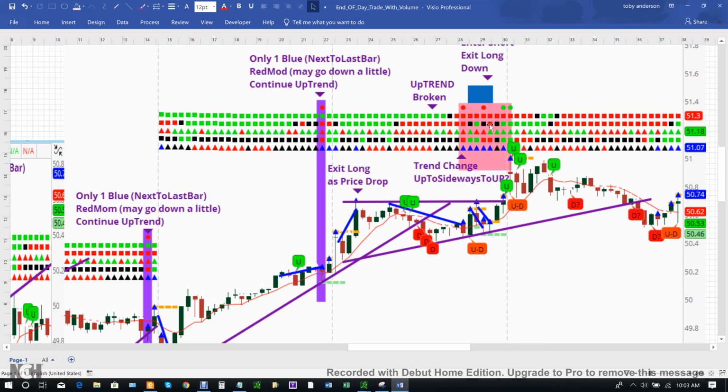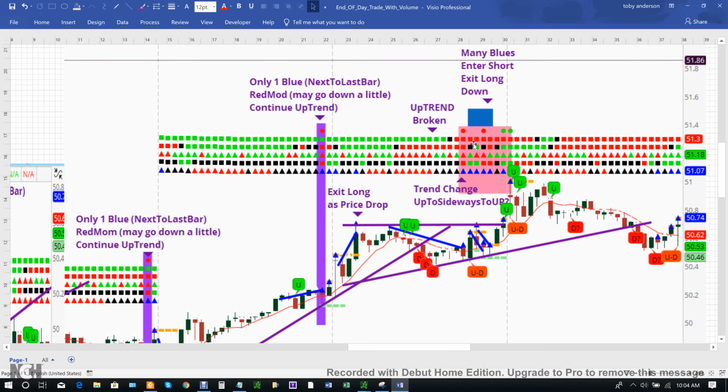I'm sorry. In this case, it's like a double. You have all these blue candles happening. So if you look, you got two reds and two greens. So what it's saying is, remember I was saying that shorts come first. So these two greens are saying short, and the two reds refer to the long. Again, when you have green momentum for the short, that means enter the short, and